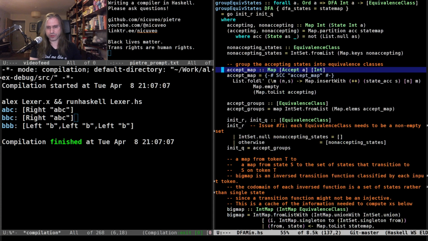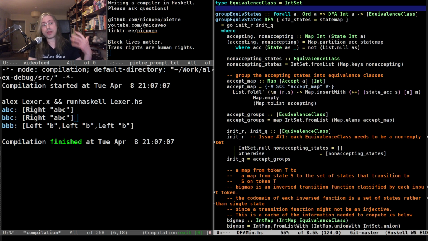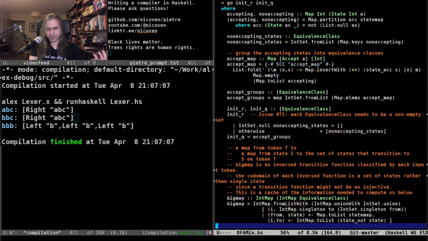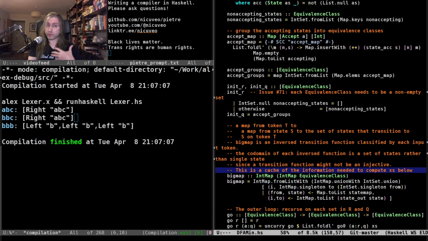And there's a function here in Alex's code called group equivalent states that does exactly that. For this kind of state automaton, it returns a list of sets of equivalent states, basically. And looking at this code, some of it I dislike a tiny bit from a personal perspective, like I don't like some of the naming, but it seems to be fine.